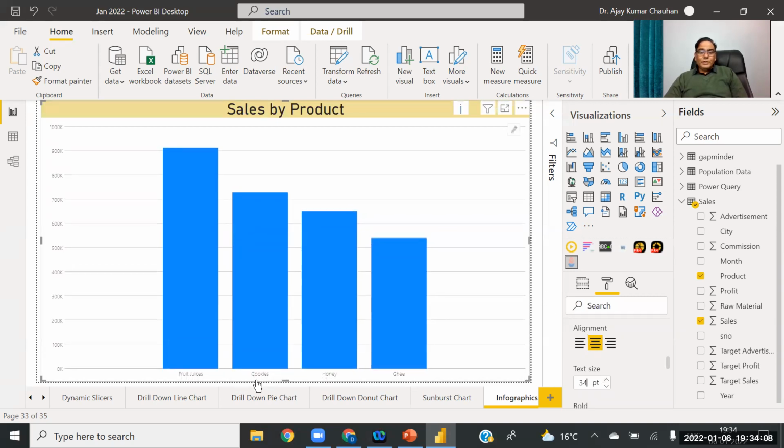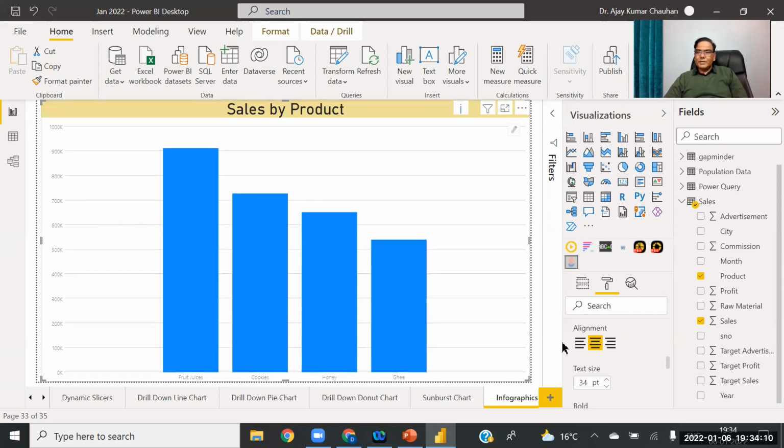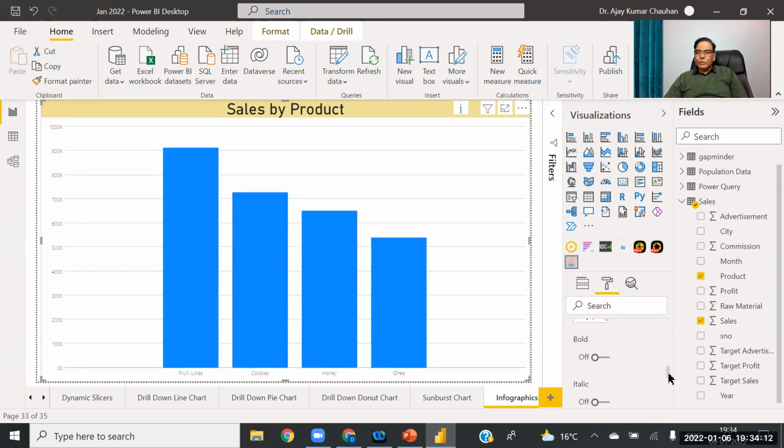Then I want the axes, x-axis and y-axis, but they are not visible, so we have to find the axis. Maybe it is available here. Chart.